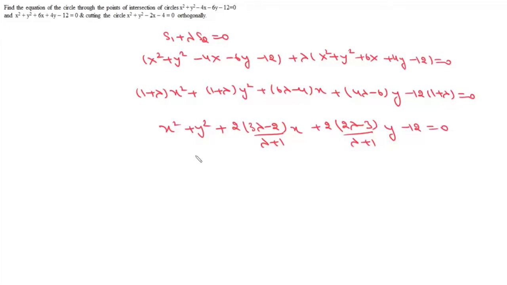Now this circle is orthogonal to this other circle, which is x square plus y square